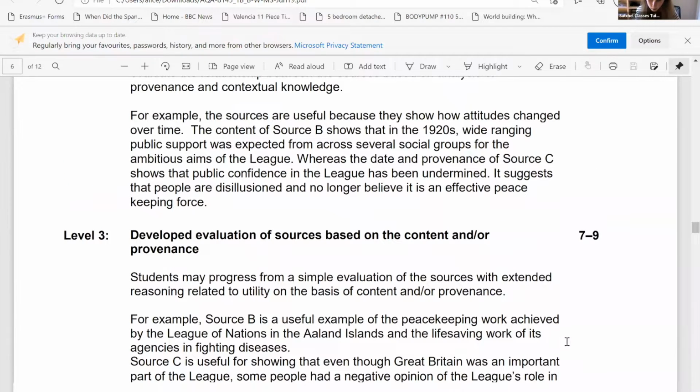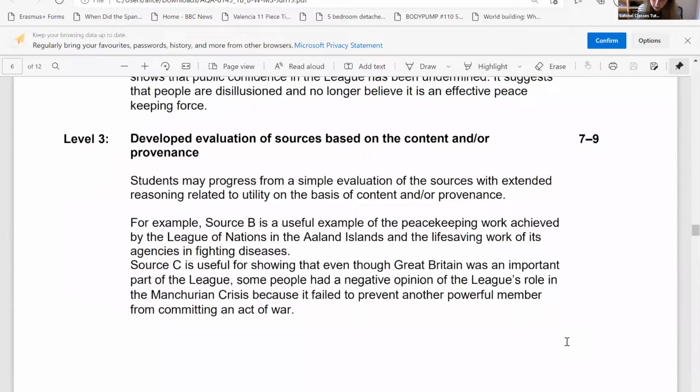And then for level 3, now again here, so we've got developed explanation of sources. So the S is no longer in brackets. So if you haven't done both of them, you aren't going to get into this level. To get into level 3, you have to have looked at both of them. But you can still have only done the provenance or the content. If you've not talked about both, you're not going to get above this level, but you can comfortably get into